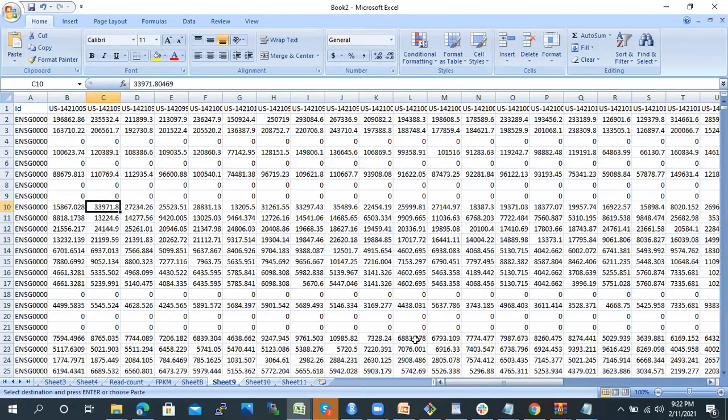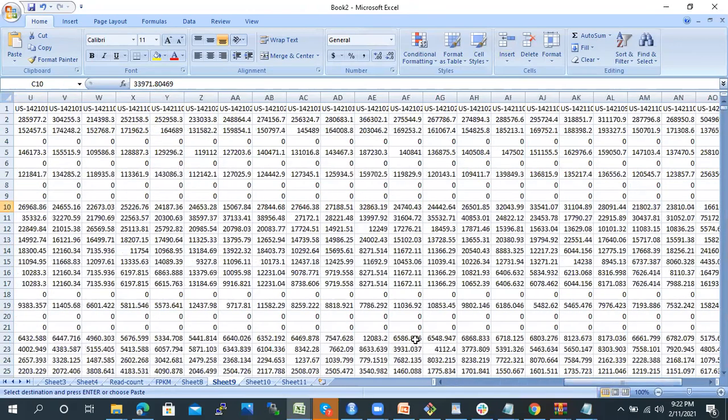So these are the FPKM values. The first thing, whenever you have data, you can perform some data manipulations, like removing all those genes which have 0 value. Before that, you must add exactly which sample this belongs to. Right now I am not caring whether it's a treatment sample or untreated sample, but depending upon your question, you can do that.